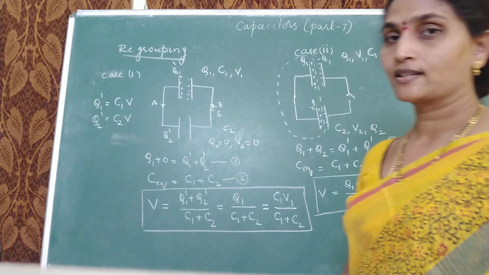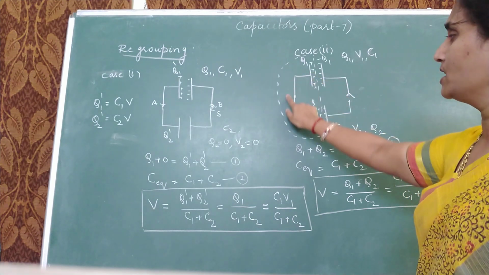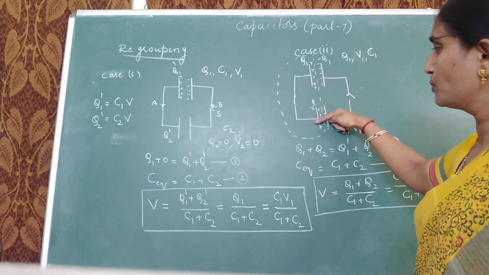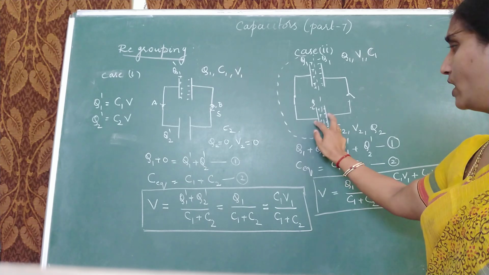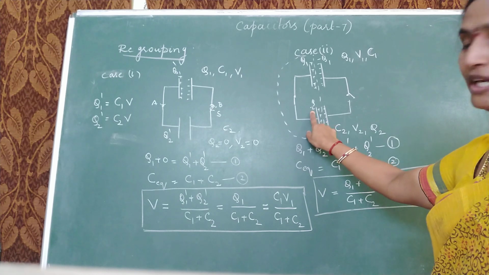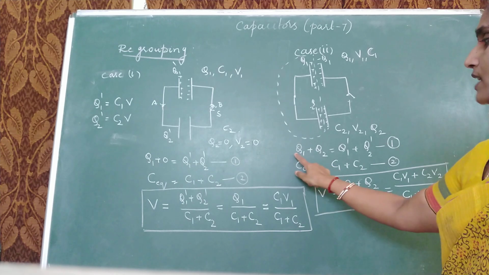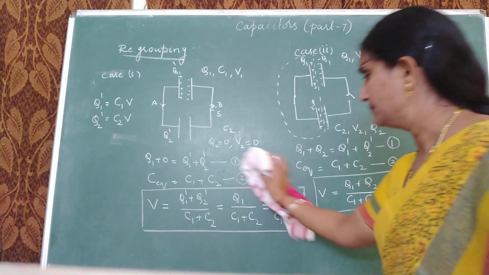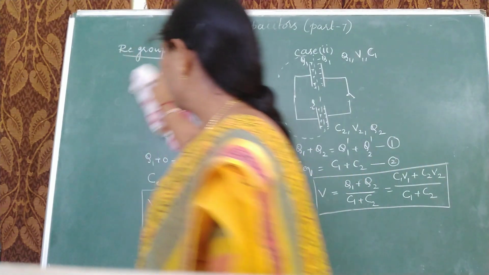Now the third case. Hope you understood what would be the third case. If I connect the positive terminal to the negative of the second. See, in this we connected in parallel, positive to positive and negative to negative. What would happen if I reverse it? If this is plus, this will be minus. Q2 will be negative because the negative plate is this side. What will this equation become? Instead of Q1 plus Q2, if negative plates are connected, opposite plates are connected together.